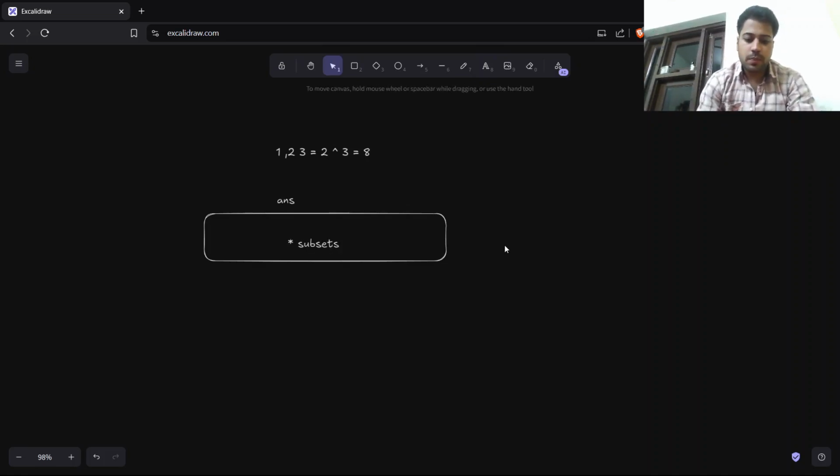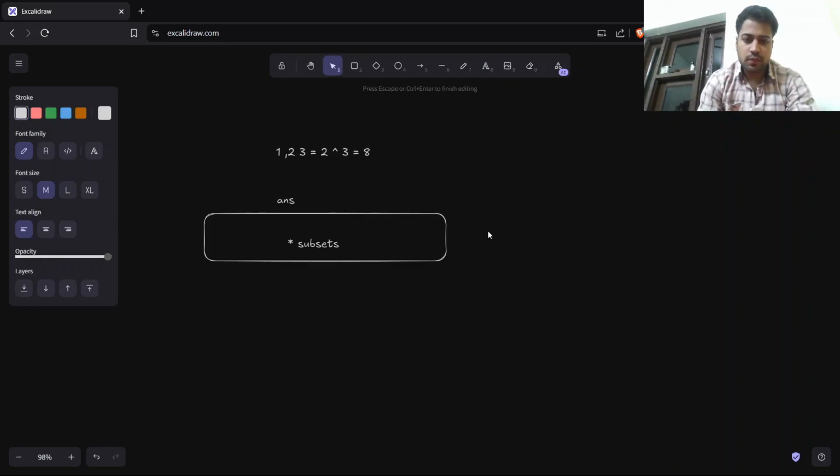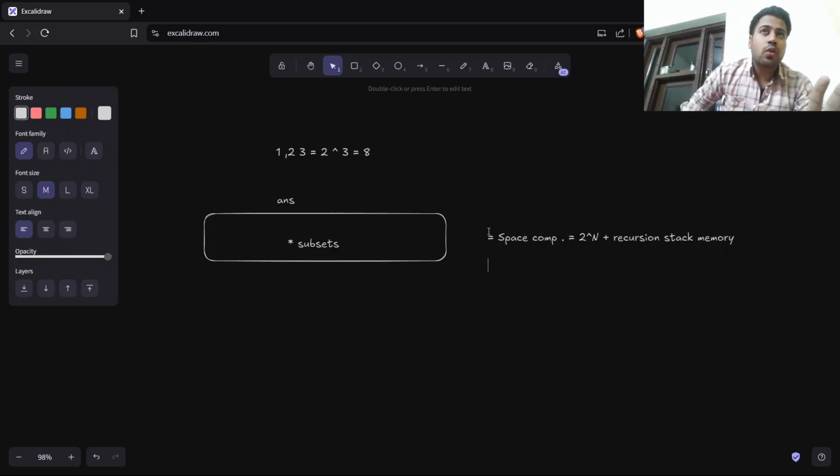The total overall space complexity will be 2 raised to power n, because you are storing 2 raised to power n subsets, plus there will be recursion stack memory that also will be occupied. This is a very important thing you need to know. 2 raised to power n is fixed, plus the recursion stack memory. At most, you are calling your